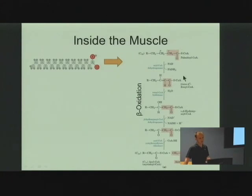And if you notice here, this fatty acid is several carbons long. So say we've got 16 carbons on a fatty acid. These two here, at the end of the process, are going to get lopped off. So we're chopping off 2 carbons at a time. And then we have our shortened fatty acid molecule remaining. So we have 2 carbons in this acetyl-CoA molecule that are going to go to the